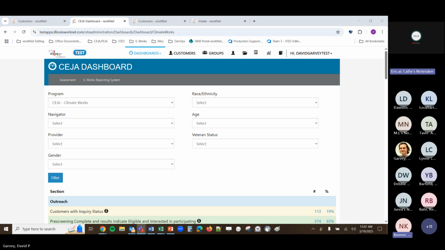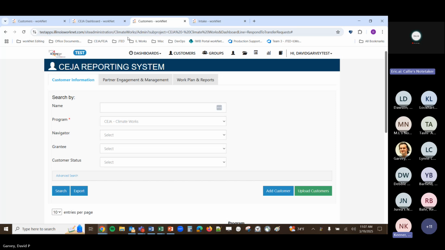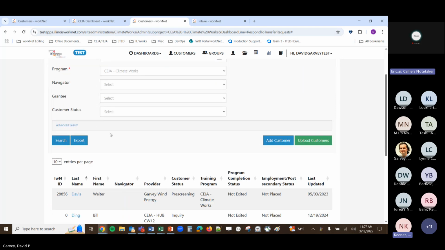On that, when the system gives a prompt that somebody's already in the system somewhere, is there any way to figure out if their duplicate record is just a historical thing, like maybe 5 years ago they participated in something that had a Worknet record, versus somebody who's currently enrolled in another CEJA program?